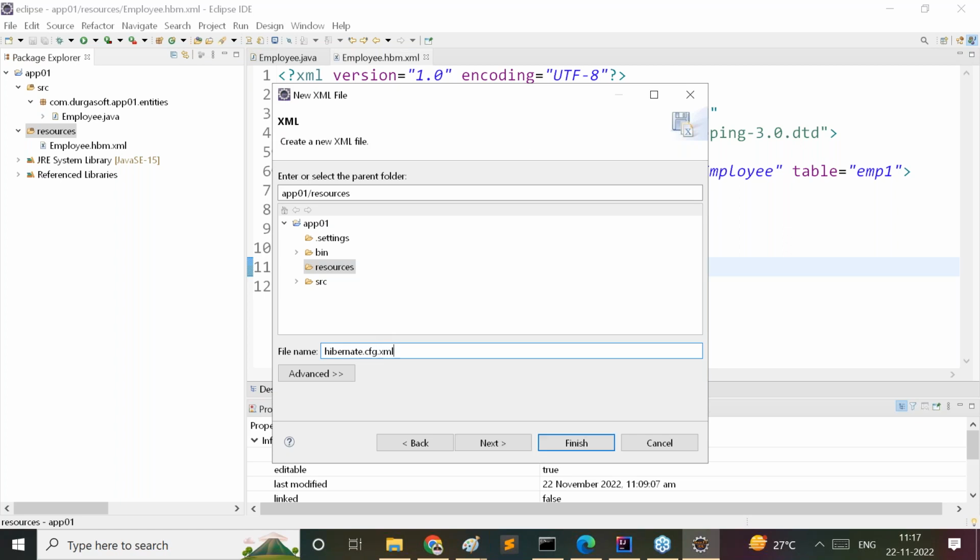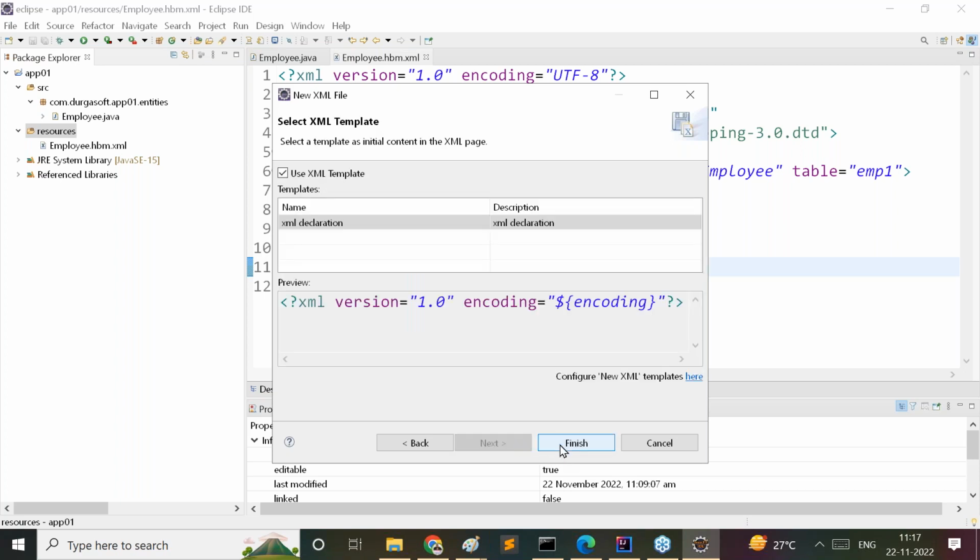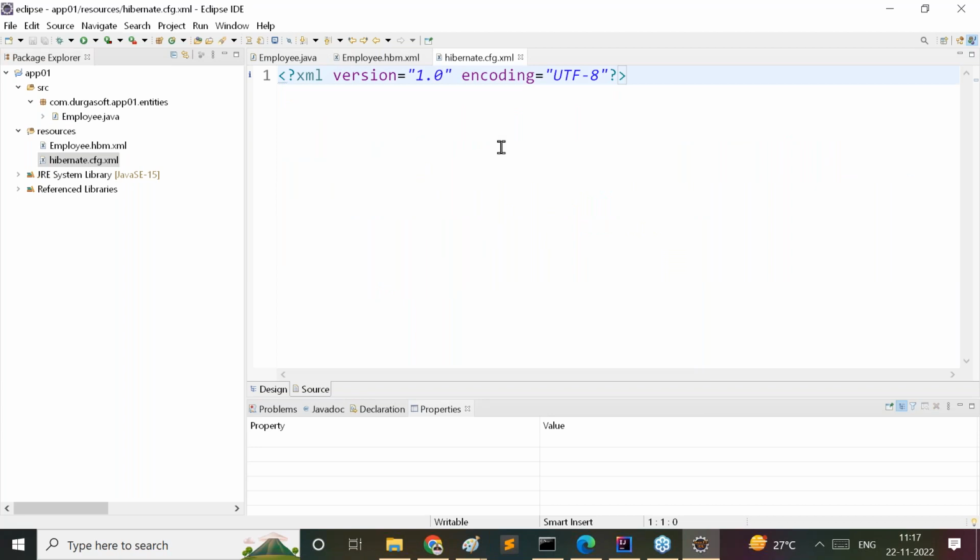Hibernate.cfg.xml. Click on the Next button, and then click on the Finish button here. Now tell me, guys, in this XML file also,